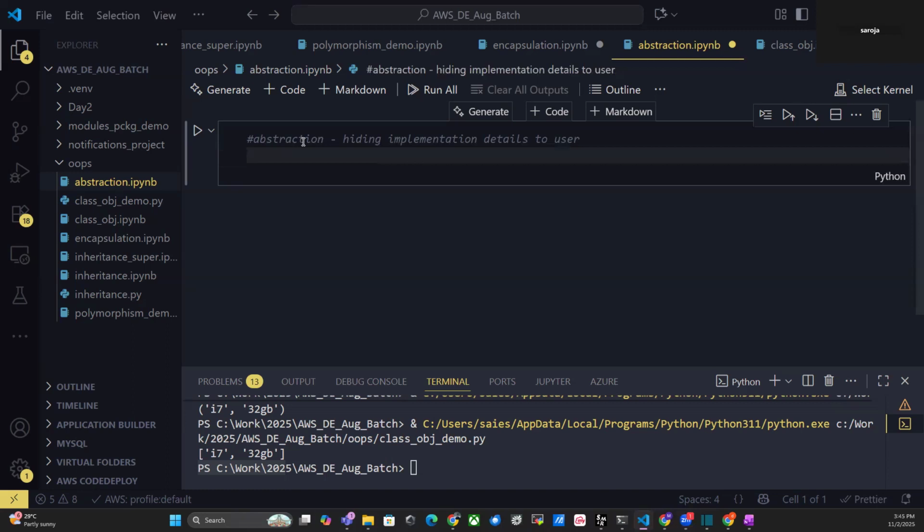Say when you go to an ATM, you just withdraw your money by clicking a few buttons. But you really don't know what is happening behind the scenes: which protocol it is calling, which API it is calling, which bank transaction gateway it is calling. We don't know everything. Whatever we know is we just click the buttons and we get the money. See what exactly is happening here. They have hidden the